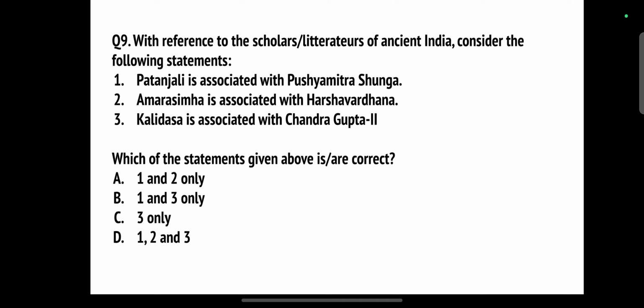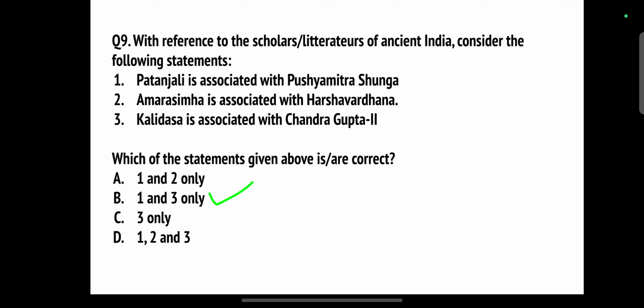Next, with reference to the scholars of ancient India, consider the following statements. Patanjali is associated with Pushyamitra Sunga. Amarasima is associated with Harshvardhan. Kalidas is associated with Chandragupta Dvitiya, second. Which of the following is are correct? 1 2, 1 3, 3 only, 1 2 3. So the correct answer is 1 and 3,